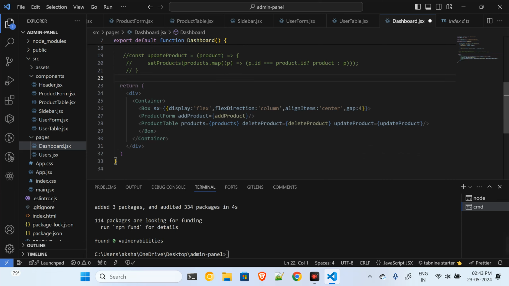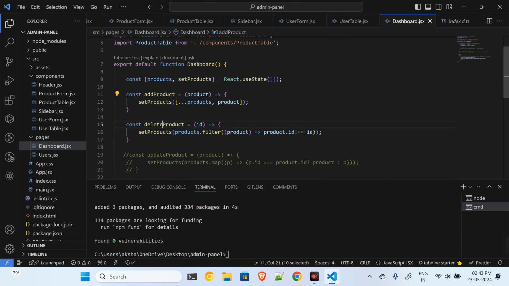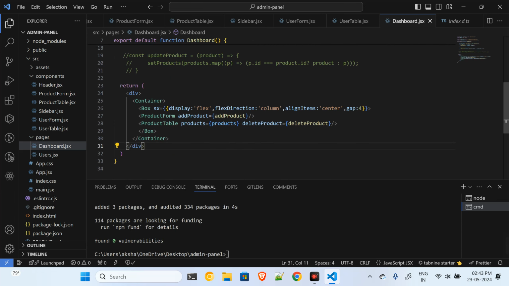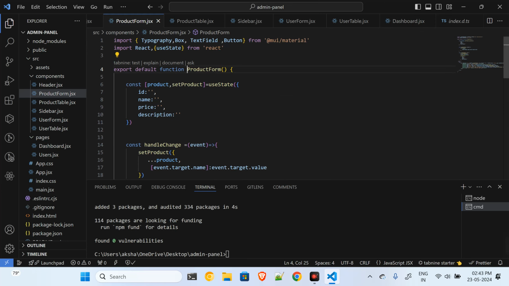This code came with autocomplete, and I will not have the update product function, so I will remove this. I will pass on these functions, add product and delete product, to the product table, and the product form is also there. When it comes to this product form, it will have this prop,